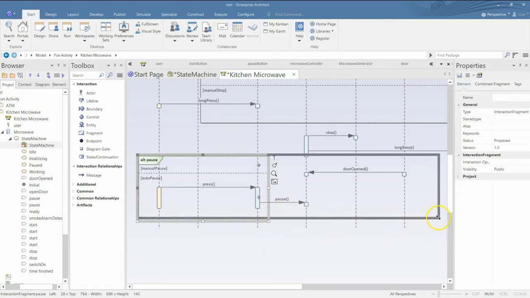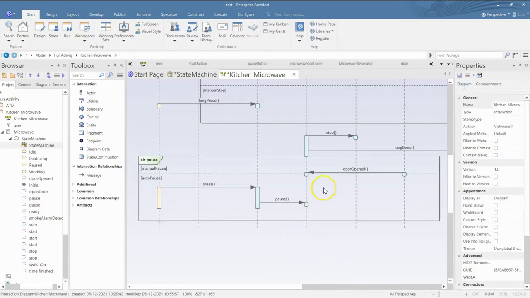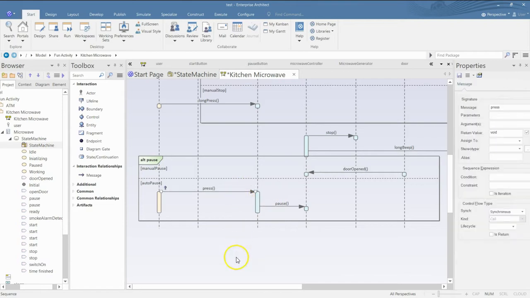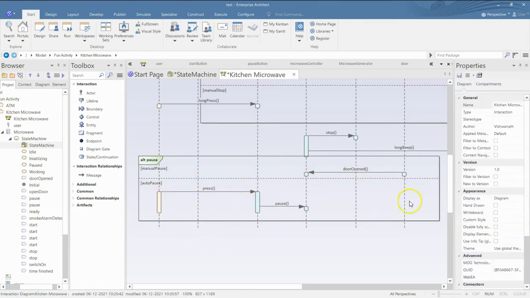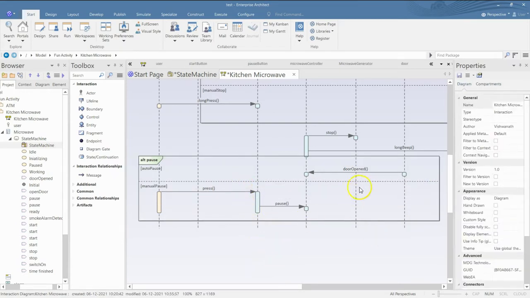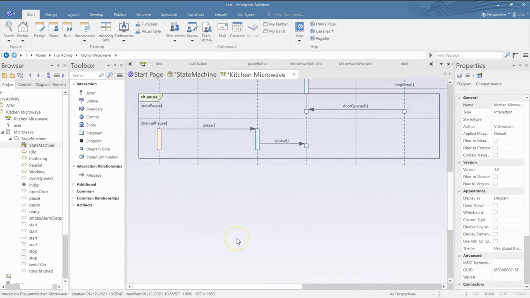So let's make sure that it encompasses these, and actually it is opposite, right? Auto pause is door open. So let's reverse this. Let's take it up. So either the user opens the door or he presses the pause button. In either case, what should happen? The controller will stop the generator.